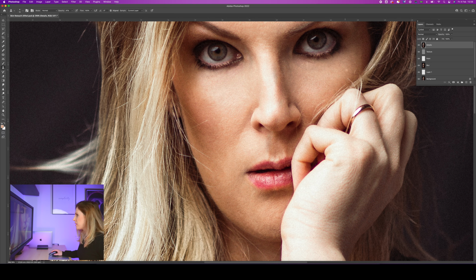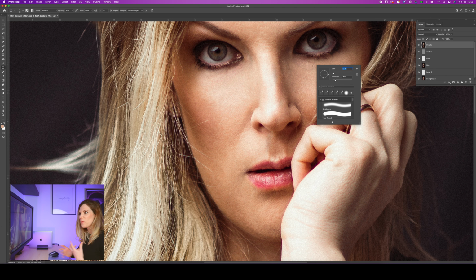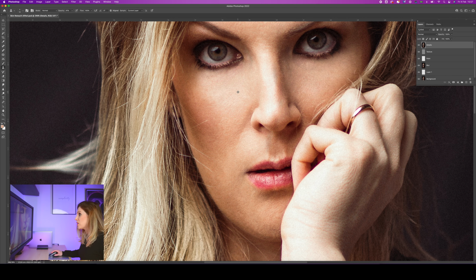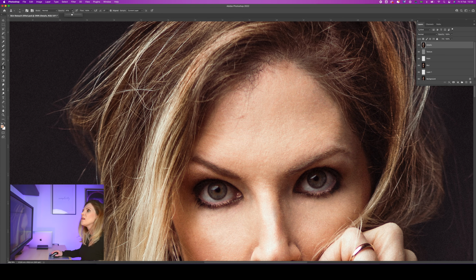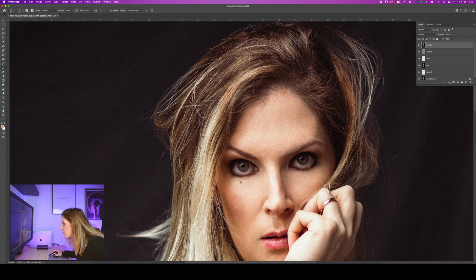In the beginning this might be a little bit hard, but soon you'll get the feeling and understand what works with what, and it'll get faster and easier every time. Practice leads to perfection, you know. You can do the same with the hair here, get rid of this hair in front of my face. Set opacity to around 20%. Let's make this a little bit lighter. Lower the opacity a bit more.